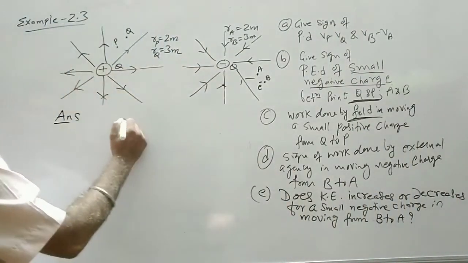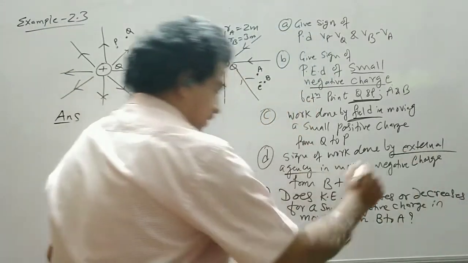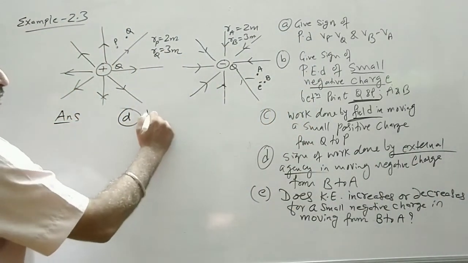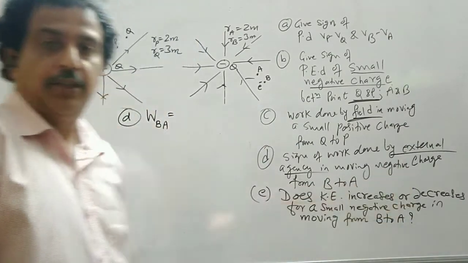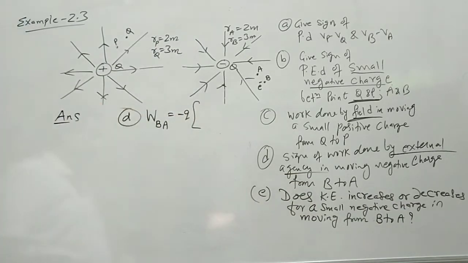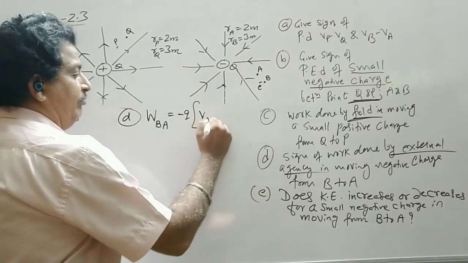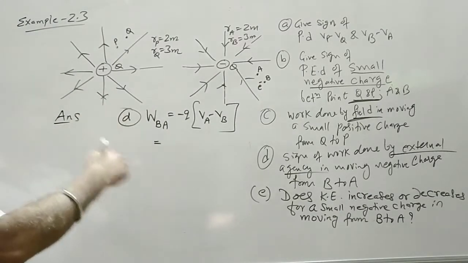Suppose we don't understand this logic, so clearly it should be the work done by the external field from B to A. So from B to A, we have a negative charge, so I put minus Q. B to A, if it is the work done against, then I write VA minus VB, final minus initial. This is equal to, now I substitute this value and we will see that this one should come out to